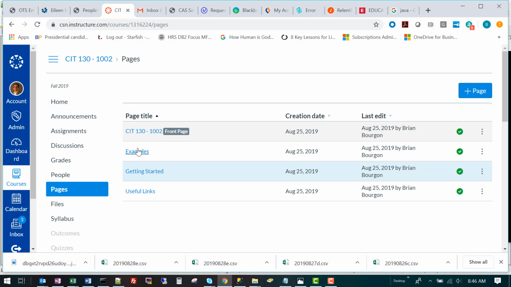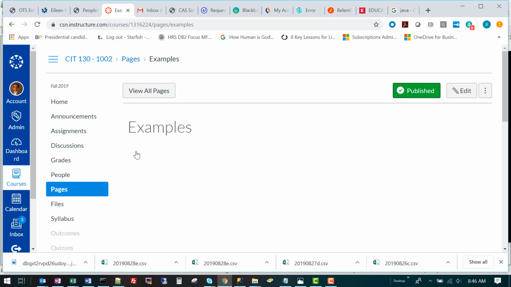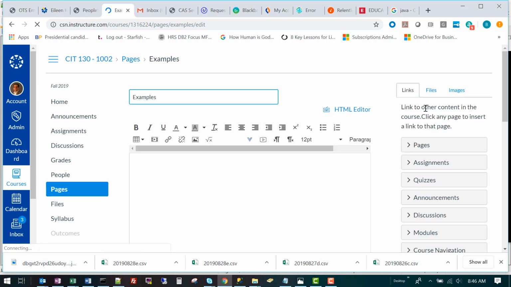The reason I use an examples page is it allows me to indicate the date of the week this example goes with, or what lecture it goes with, and to tell you what it does to jog your memory when you're inside here.